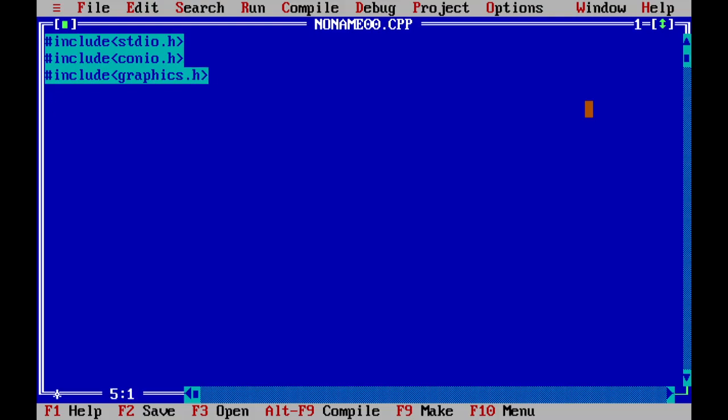graphics.h. So why we are including graphics.h header file? Because whenever we are writing graphics program or whenever you want to draw graphical objects, then we must include this header file in our program, otherwise it will not give you correct output. Then our main function,